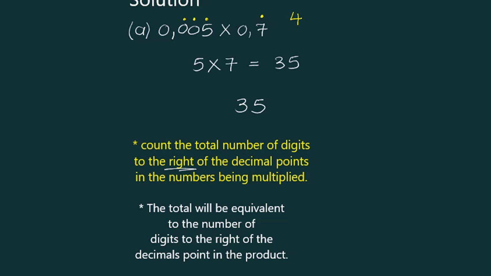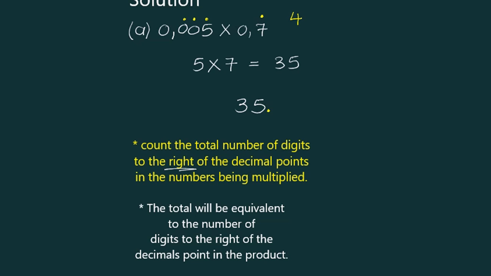So from our 35, remember, if I have a number like 35, the decimal point is just to the right of the 5. For the product to have 4 digits to the right of the decimal point,